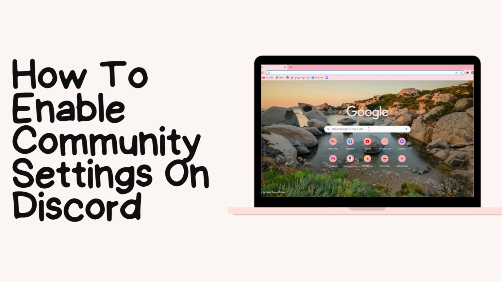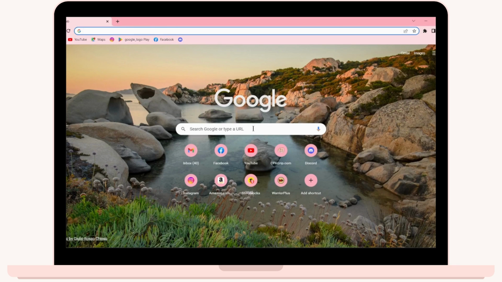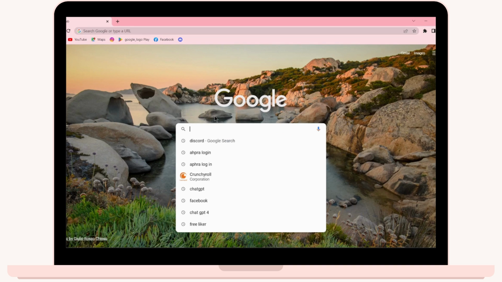How to enable community settings in Discord server. So to do that, all you have to do is open up your browser, any browser that you're comfortable with, and I'm here with Google Chrome browser. And after that, you can simply search for Discord, and